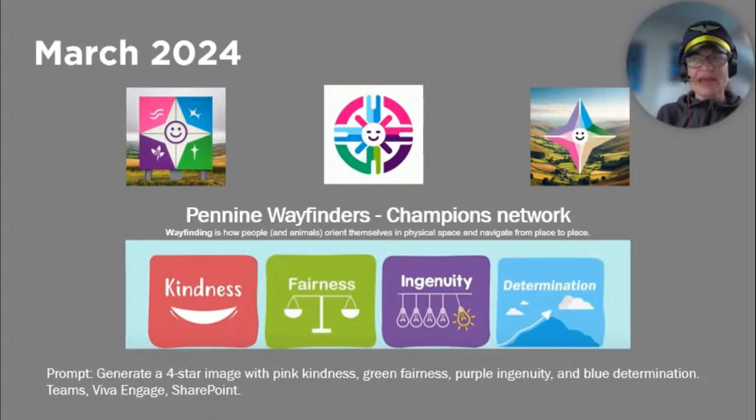And then because I had it ringing in my head about Wayfinder, I came up with Pennine Way wayfinders. So I think if you're in the UK, you know what the Pennine Way is, and you can see that in the background of the left and right images. It's a very famous area in Yorkshire,